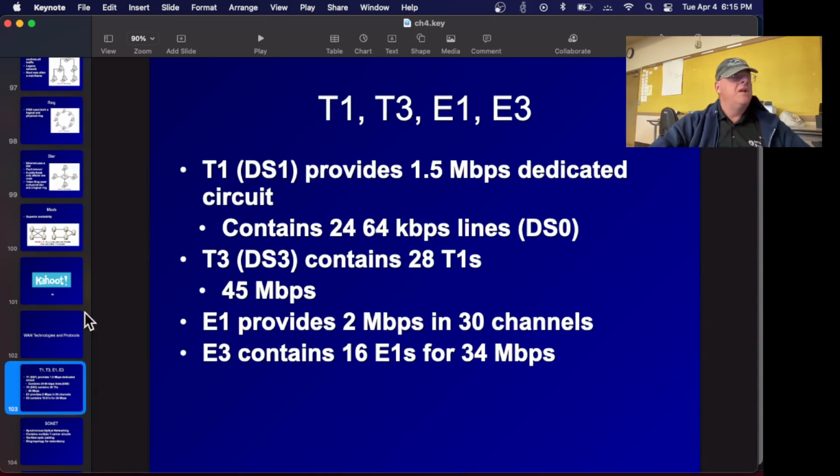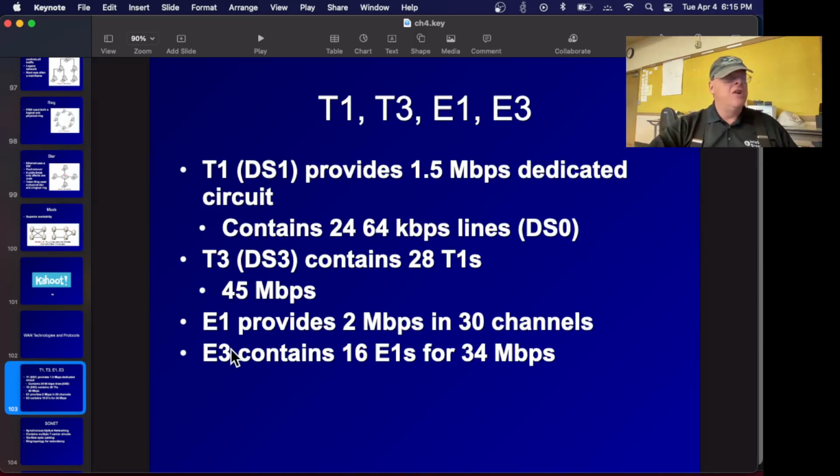All right, so T1 and T3 lines are American. The FDDI ring, no, I don't think FDDI rings are used today. I think only legacy, the leftover from decades ago. Nobody would install a new one today because it was only 100 megabits per second, so they're not cost effective anymore. T1 originally was just a bundle of 56K copper wires, although now it's mostly over fiber. This gives you a 1.5 megabits per second dedicated circuit from you to your internet service provider. You have a single cable just for yourself and two-way traffic. And T3 is 45 megabits per second, and the European version is similar, E1 and E3.